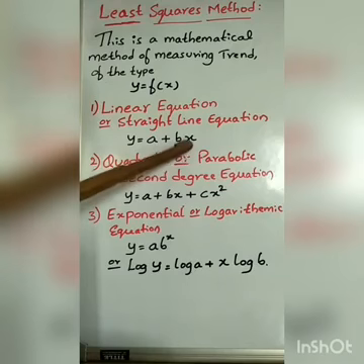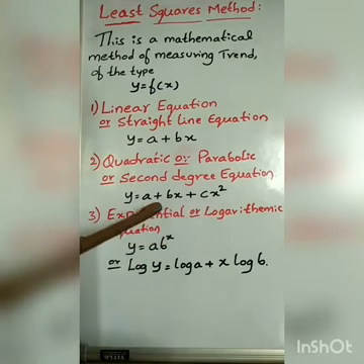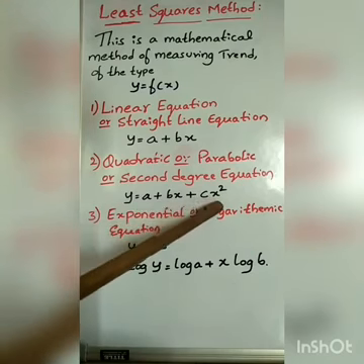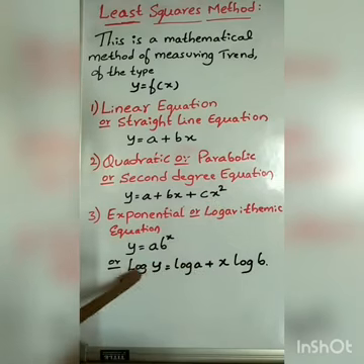And here plus b x to the power 1. This is first degree equation. And here it is second degree equation. That's why y is equal to a plus bx plus cx square is being considered. This is second type of equations which have been prescribed. And the last one,